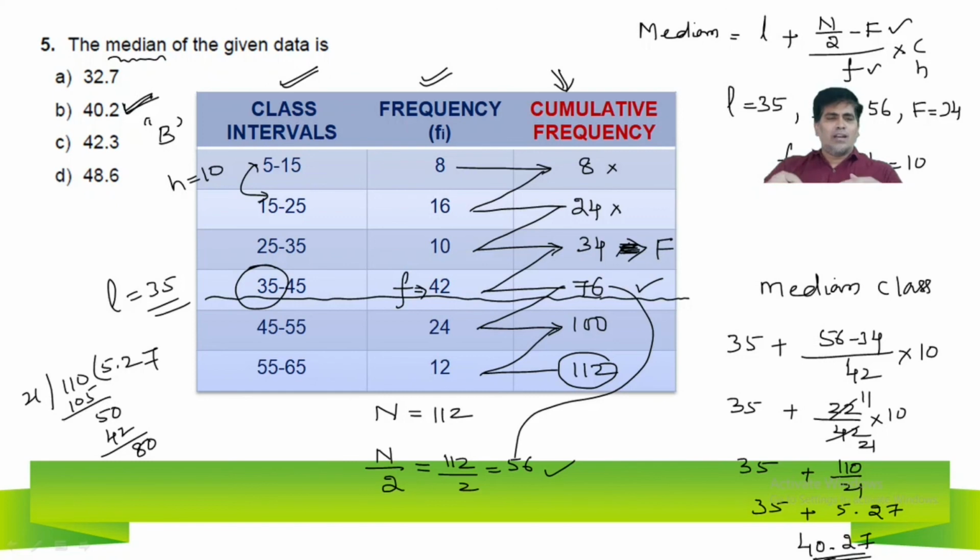So overall, this is a very easy sum. Why? Because your teachers also emphasize that one question definitely comes from mean, mode, median. You have already practiced enough sums, so that we can do this sum. It takes time, no doubt, but we can get 5 out of 5, 4 out of 4.